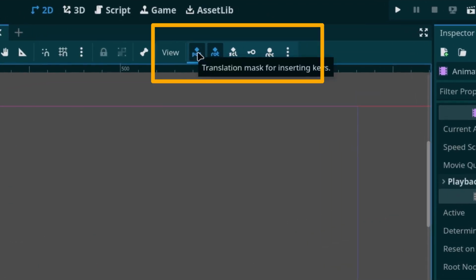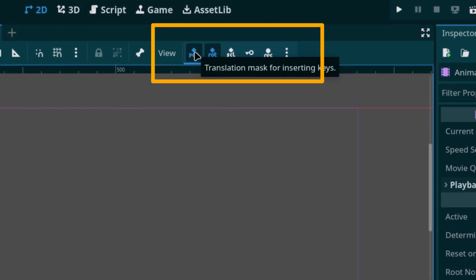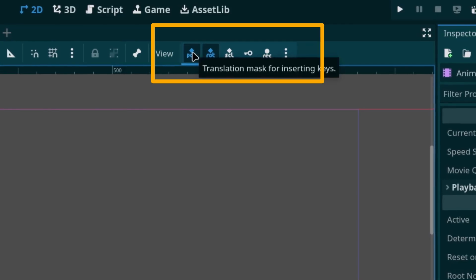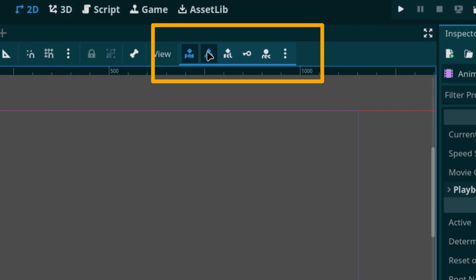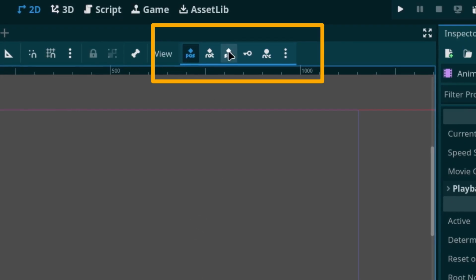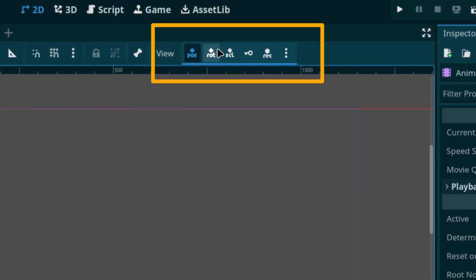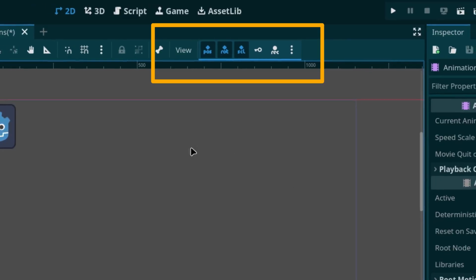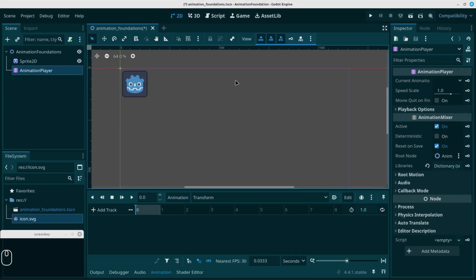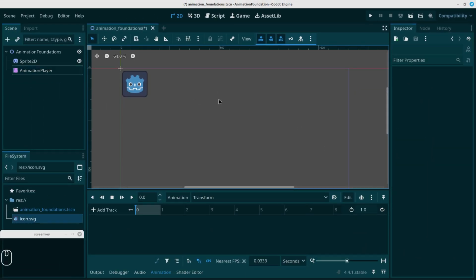At the top here, you'll see position, rotation selected. You can restrict what you want to animate. So if I only want to do position, I just unclick the rotation. If I want to do all three, I can do it all at once by clicking all three and make my movements and save them. Let's get into it. So for my purposes today, I'm going to unselect the position, rotation and scale,